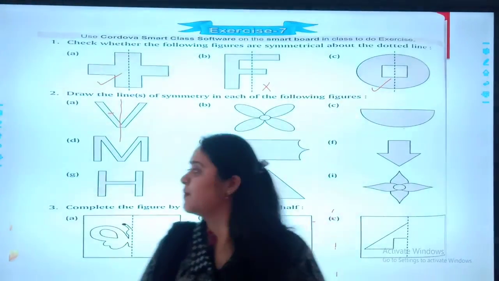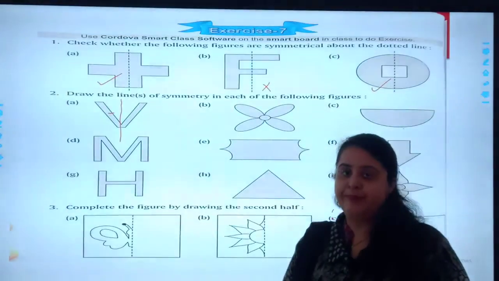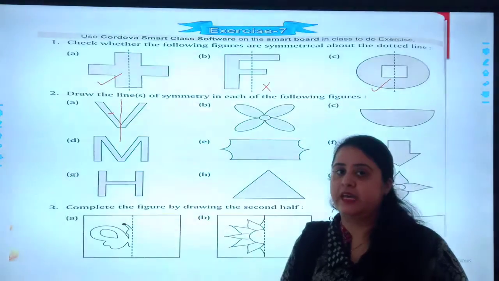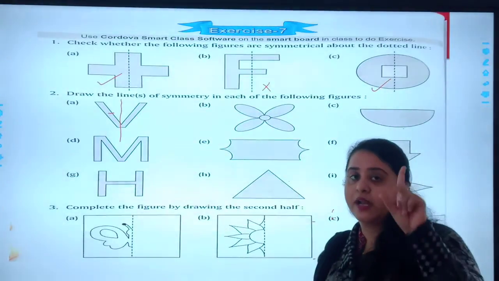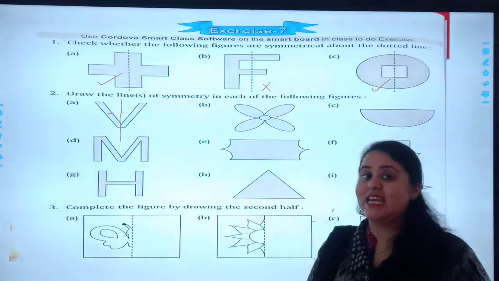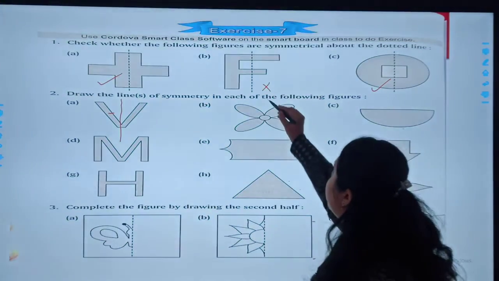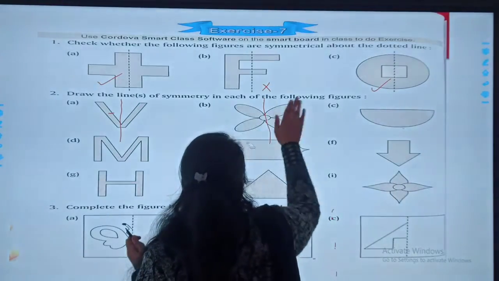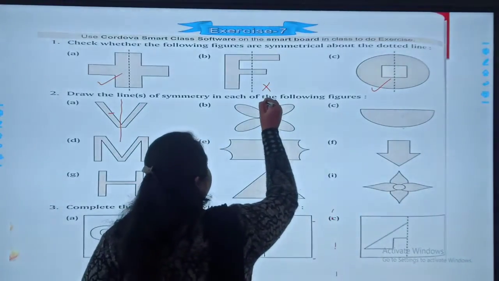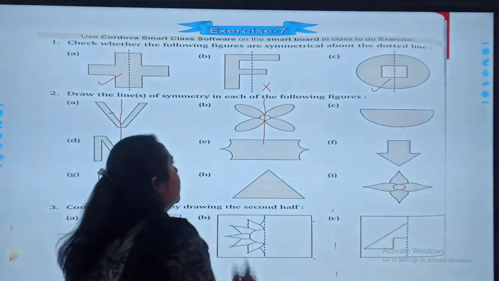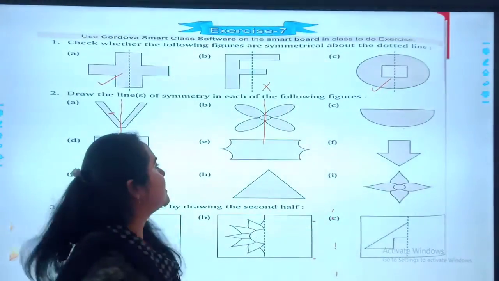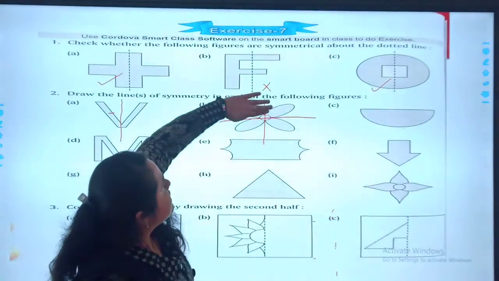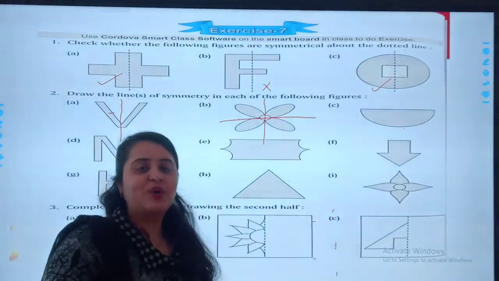Okay students, let's see the B one. In B there is a flower. मुझे इसमें इक्वल डिस्ट्रीब्यूशन करना है. सो कितनी लाइन सिमेट्री की बनेगी? 1 और 2? Yes, there will be 2 lines of symmetry. First एक ऐसे, it will be in center. Yeah, equal parts हो गए. This will be the first line. This will be the second line. As you can see, इसमें भी equal distribution हो रहा है.